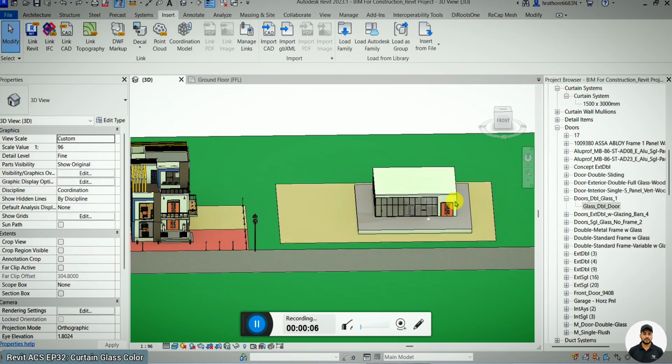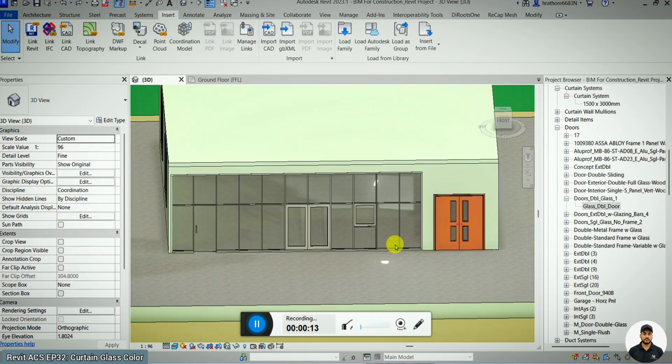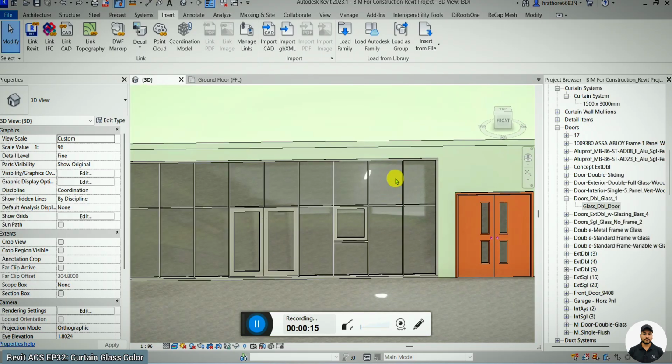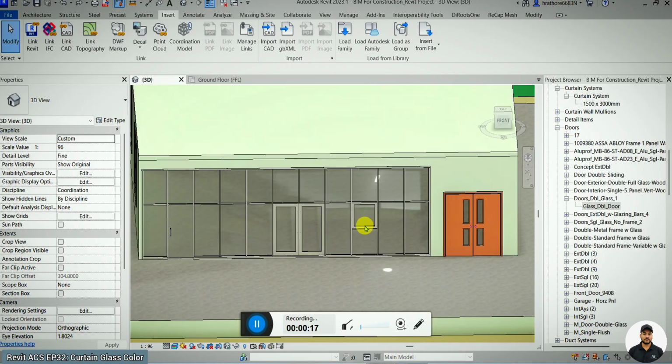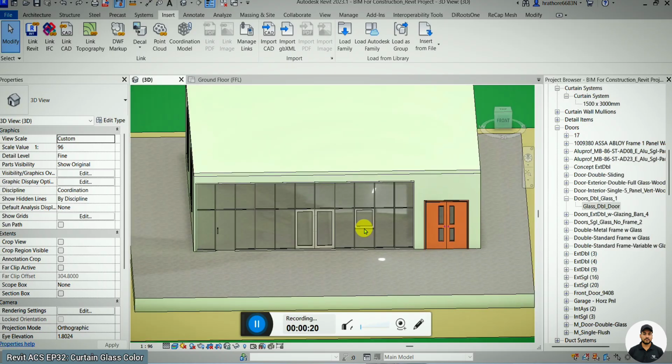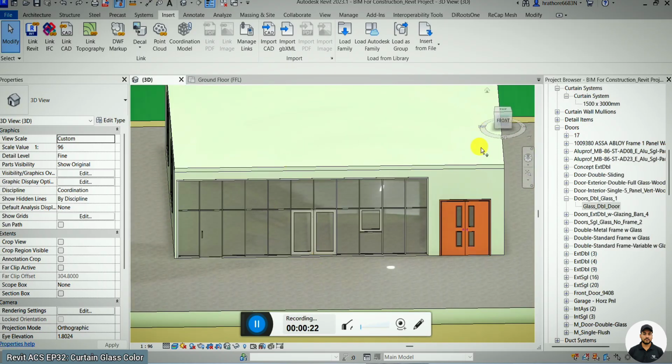So in today's Revit Architecture episode, we'll be discussing curtain walls, and how you can create different curtain panels with different colors. In our previous videos, we have already discussed in detail how you can create those curtain walls, and how you can add a double door or a single door or any kind of window on those particular curtain panels. Today in this lecture I will be focusing only on how to change the material for any